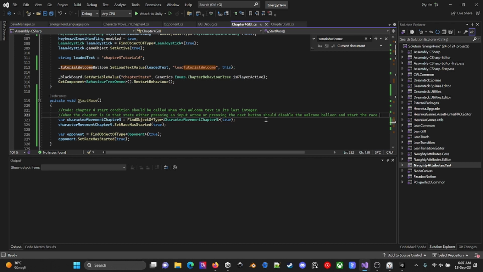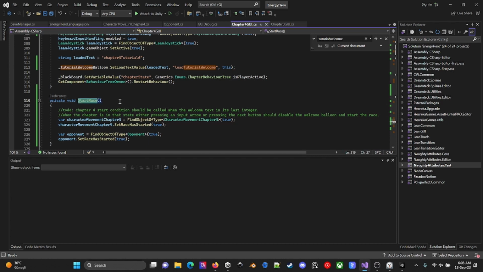I want my game to start either by pressing the next button or by pressing any inputs inside the game. So let's check it.